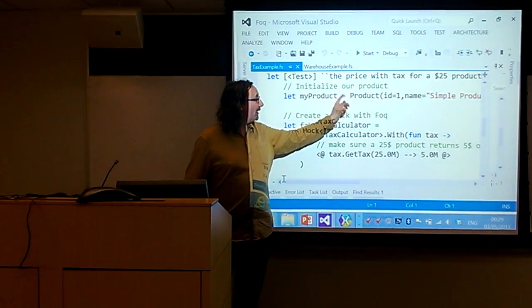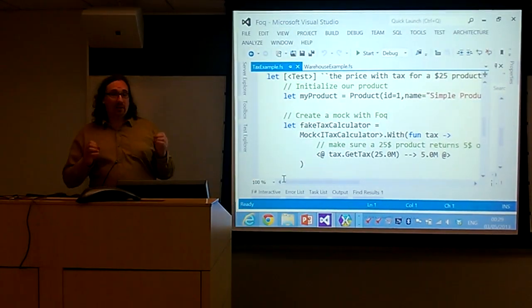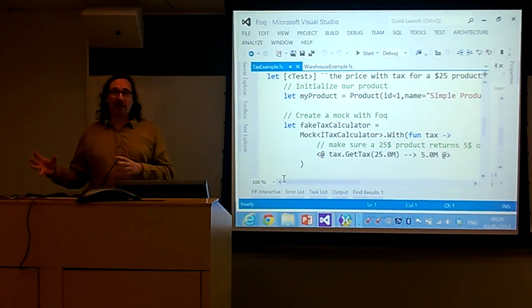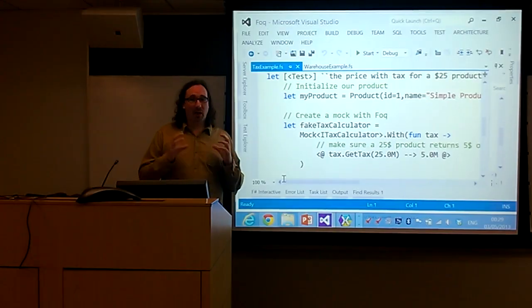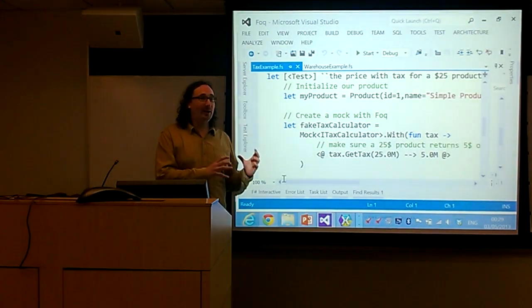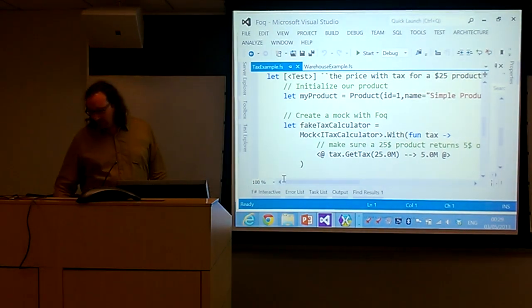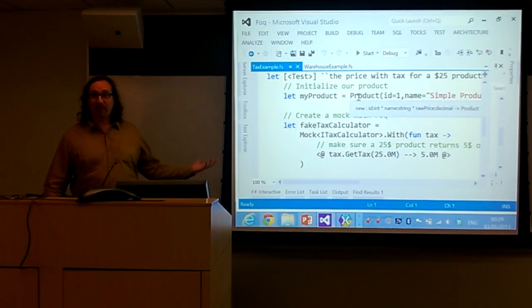which is a class. You don't need to put new. The only time you need to put new is when you're newing up an IDisposable object, right? So you will explicitly know your IDisposable objects by the fact you have to put new on. This is quite useful, I find. In C#, there's no way of finding that out without looking at the docs. In F#, you can just hover over it. This isn't IDisposable, so it doesn't say it's